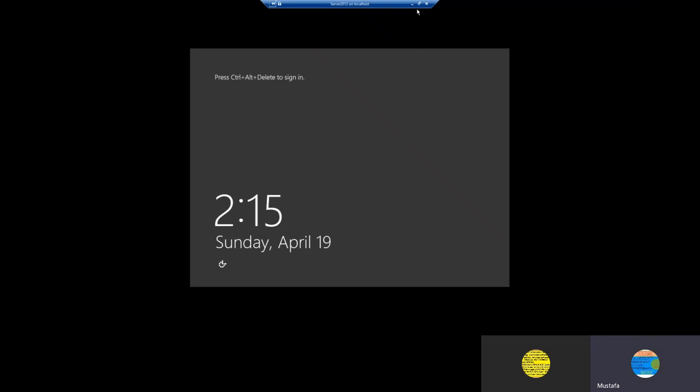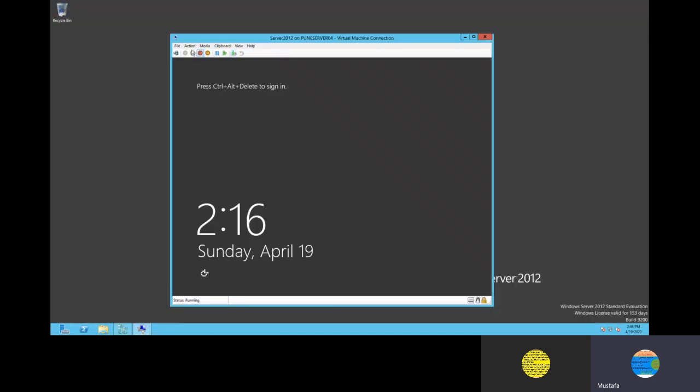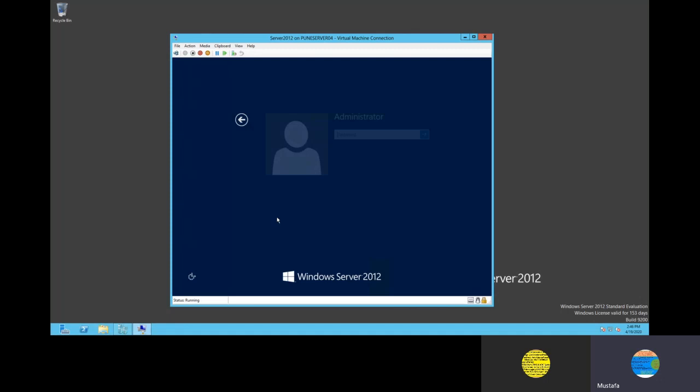Okay, now we just have to click on the Action menu, Control Alt Delete button, to get the username and password window. See, I have clicked on the Action menu, Control Alt Delete. We have to type the password.